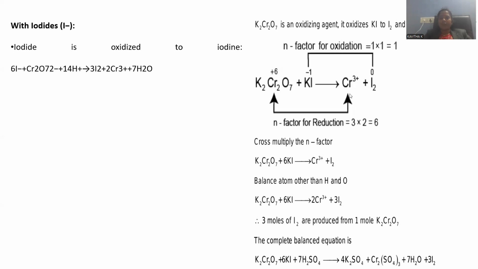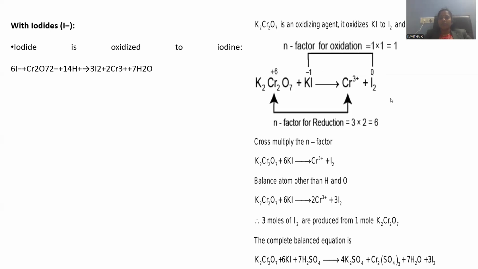The reaction is perfectly mentioned in a complete reaction equation. K2Cr2O7, where chromium has a +6 oxidation number, and potassium iodide, where iodine is -1. After the reaction, chromium turned into chromium +3, and iodide turned into molecular iodine, with a 0 oxidation number. So +6 converted into +3 is reduction, and -1 converted into 0 is oxidation.